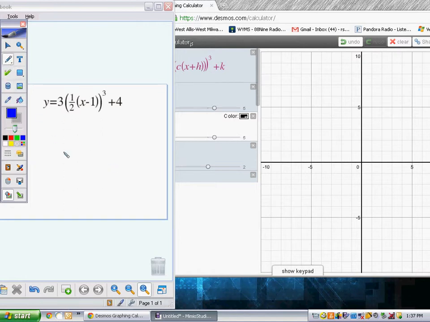Hello, I'm excited today to bring you a video on transforming functions. This is one of those topics a lot of people find very confusing, but I'm hopeful that when we start to identify some of the common features inside these transformations, it will become a systematic approach for you that will be fail-safe. We're going to look today at this big, ugly function here that I have that actually is